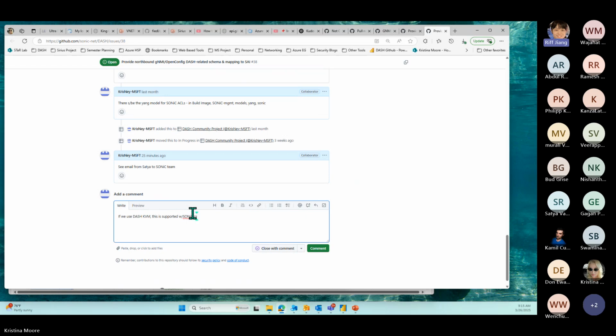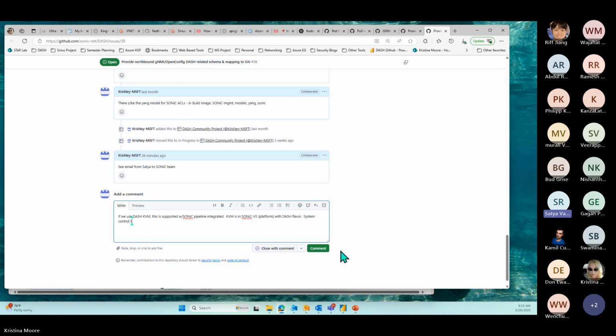But the KVM by itself, you can actually find it in the SONiC VS. It's under the platform, like VS. So if you build a SONiC VS, you'll see the flavor like Dash. You just go into the KVM and run some command to enable the Dash pipeline, and that's pretty much it. It's a service, so you just do systemctl start to get the Dash started. That's pretty much it.